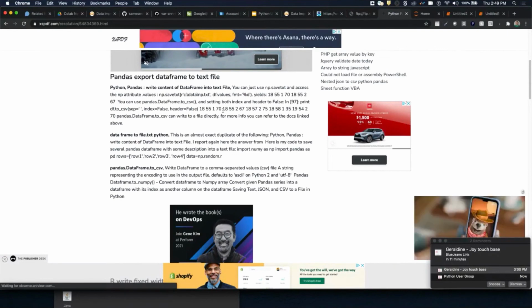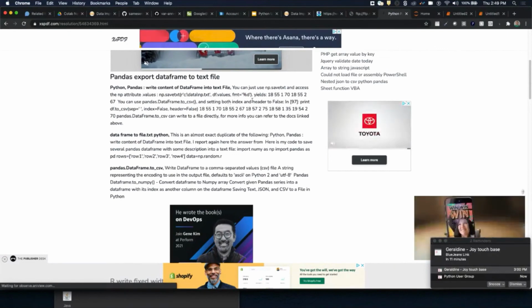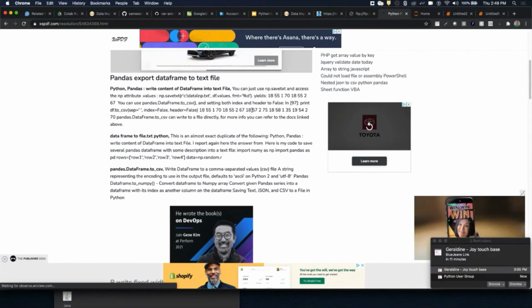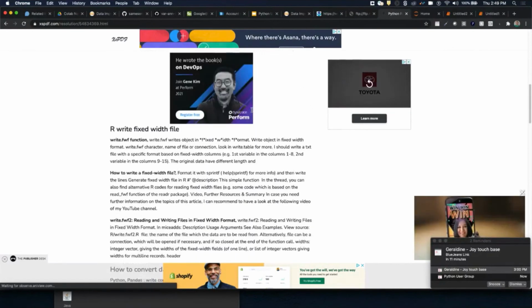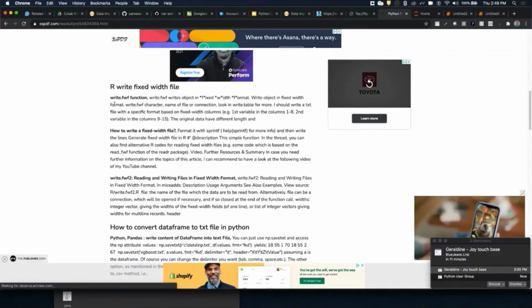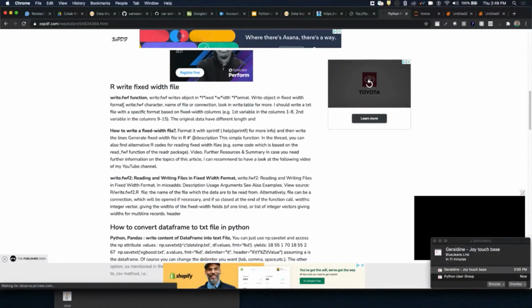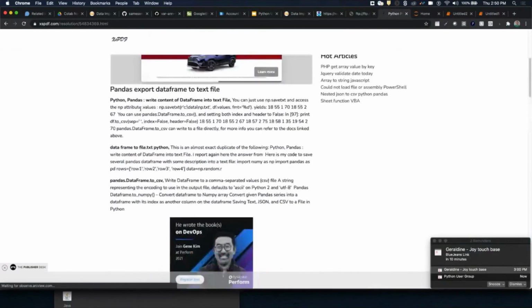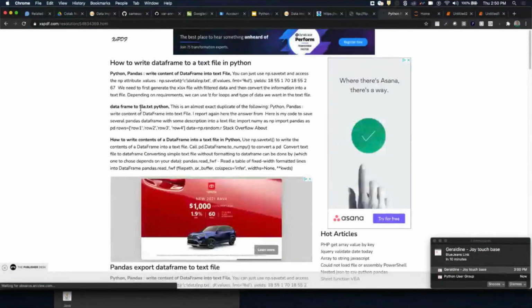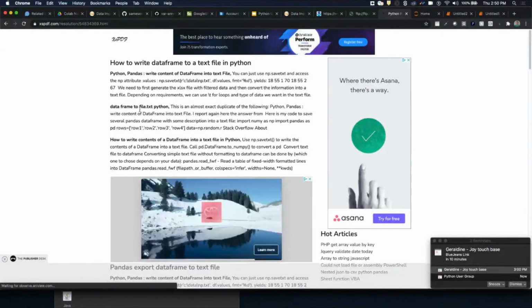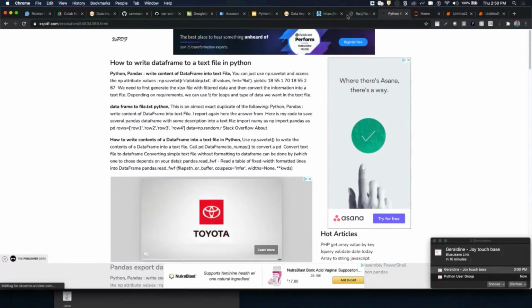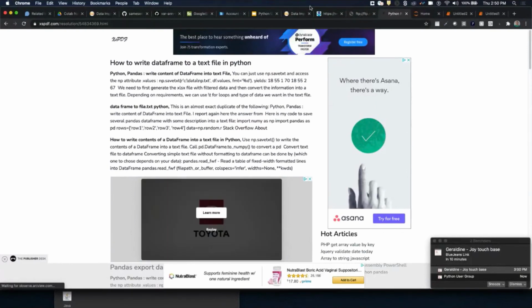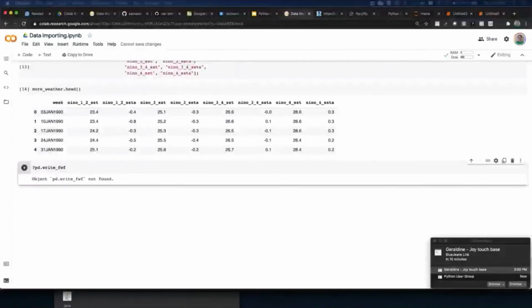Write contents of data frame into a text file, and this is in R, right? Fixed width format. So the short answer is I'm sure there's a simple way to do it. I just have not come across the need to do it.